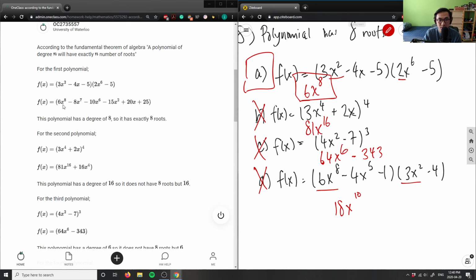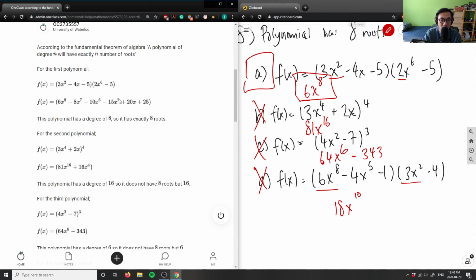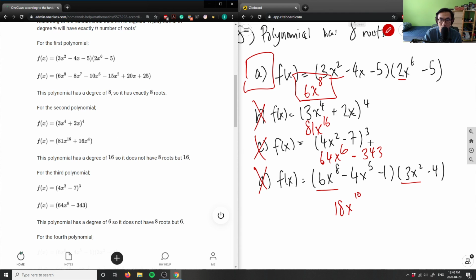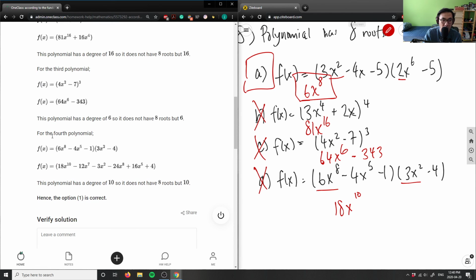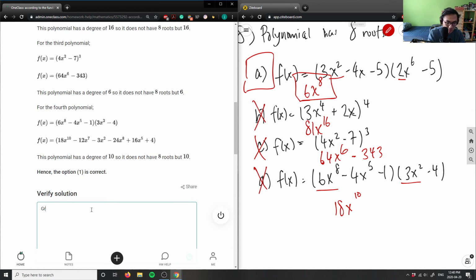So we expanded this, so you got 6x to the power of 8, which is what I had here, so exactly 8 roots, that's good. Second polynomial has 16, like we wrote before. This here is 81x to the power of 16. Third polynomial has 6, which is 64x to the power of 6. And finally, fourth polynomial is 18x to the power of 10. Hence, option A is correct. So this here is a great solution